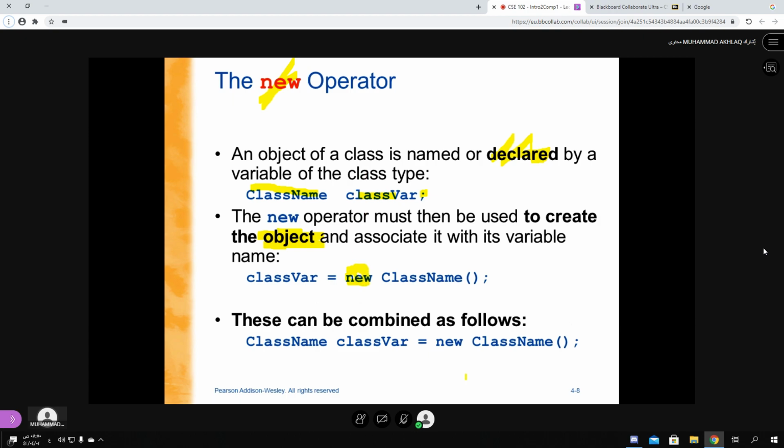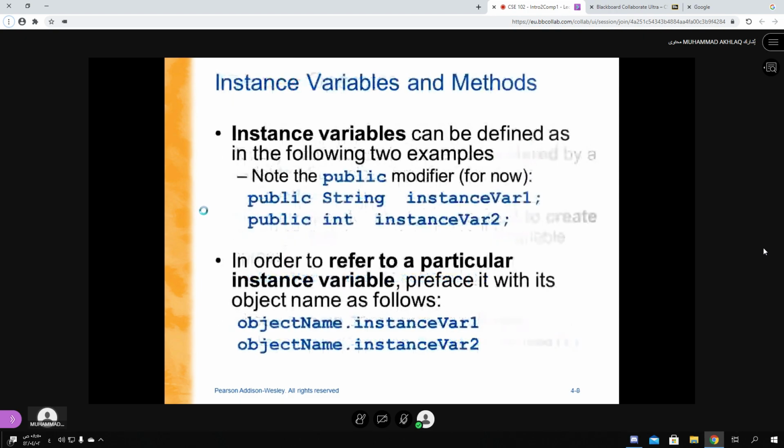And you can combine these two, create the new object and assign it to a variable of that class. We have already done this using the String class, and we already know how to use it.